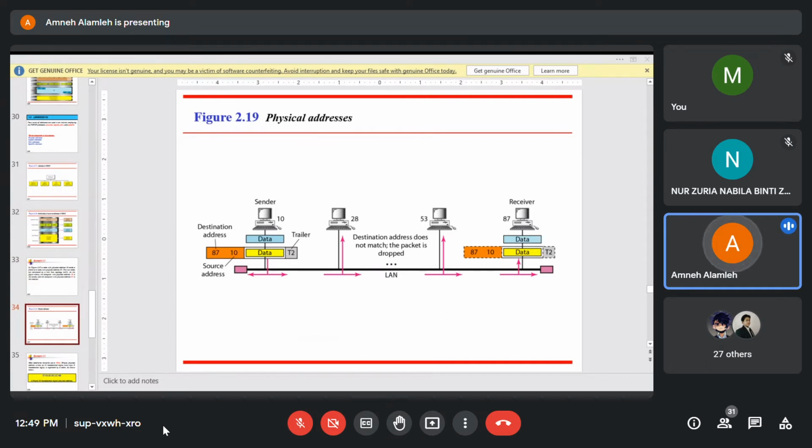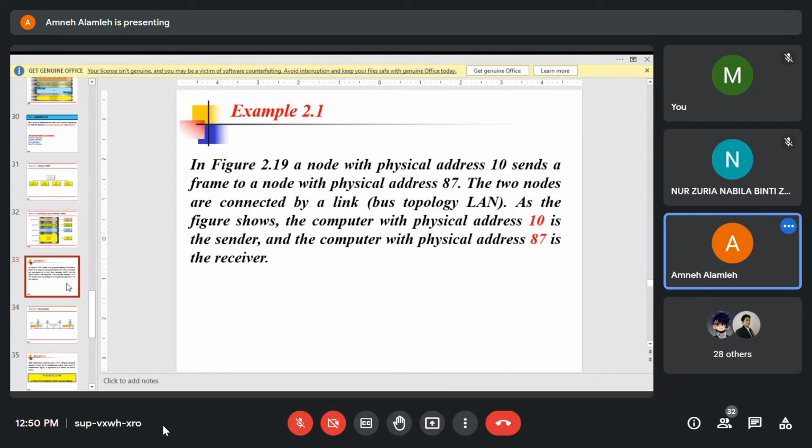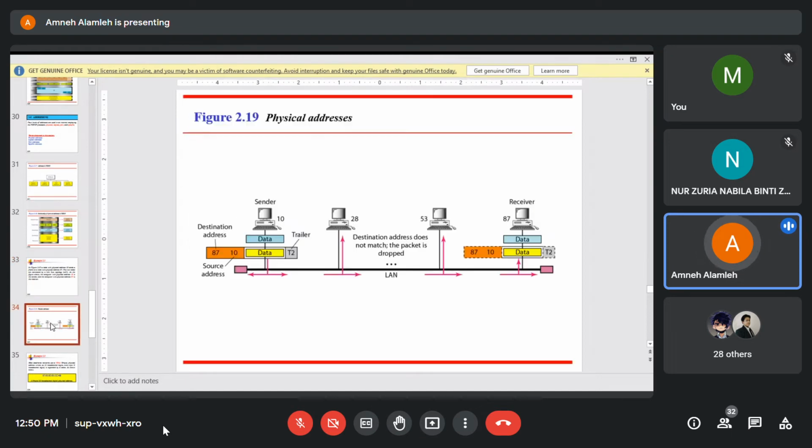The two nodes are connected by a link, which is the bus topology of the LAN. See? The sender, which has physical address number 10,